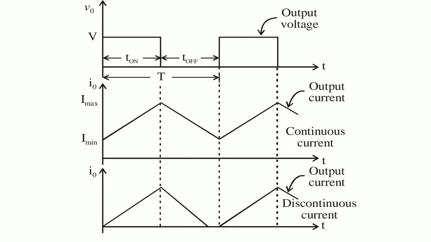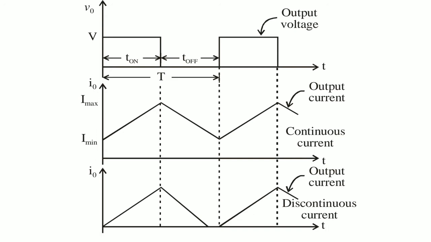So in this way, as we turn the chopper on and off, the current will first rise to I maximum from I minimum, and after turning off the chopper, the current will decrease to I minimum, and again it will rise to I maximum for the on period. So this is the type of continuous current. Why is it continuous? Because there is no zero in the output current, or we can say the output current does not decay to zero, but only varies between I maximum and I minimum.